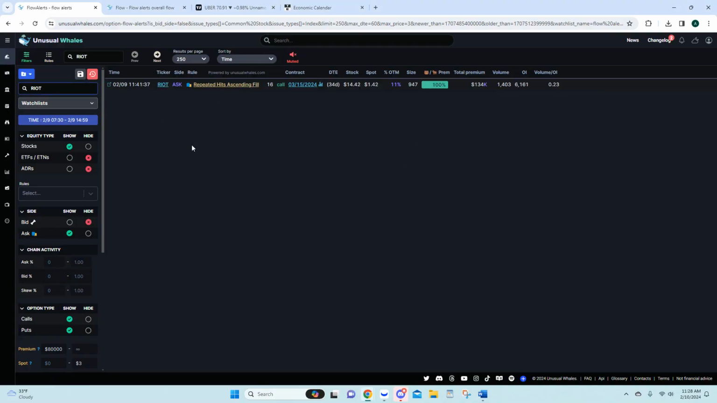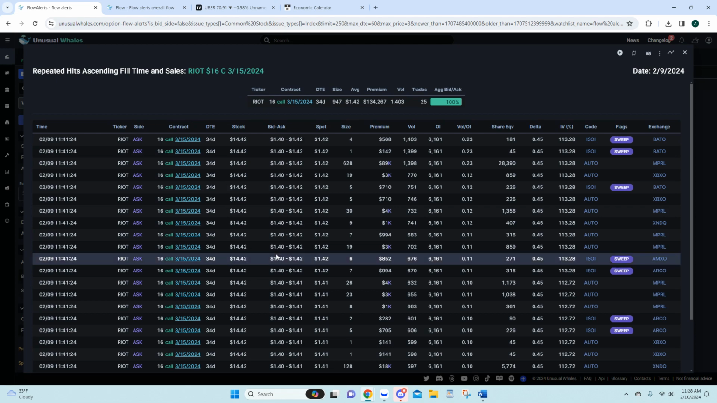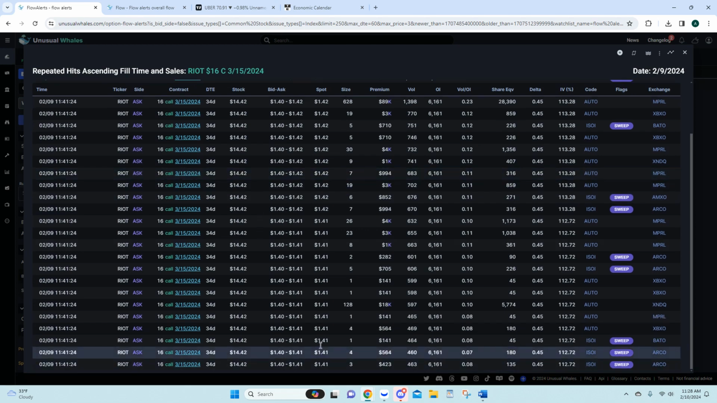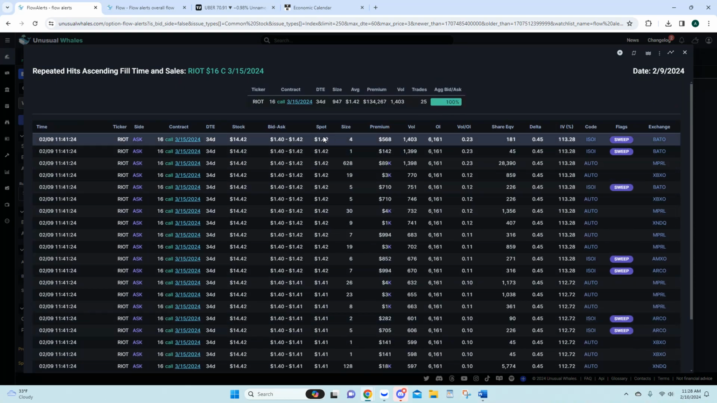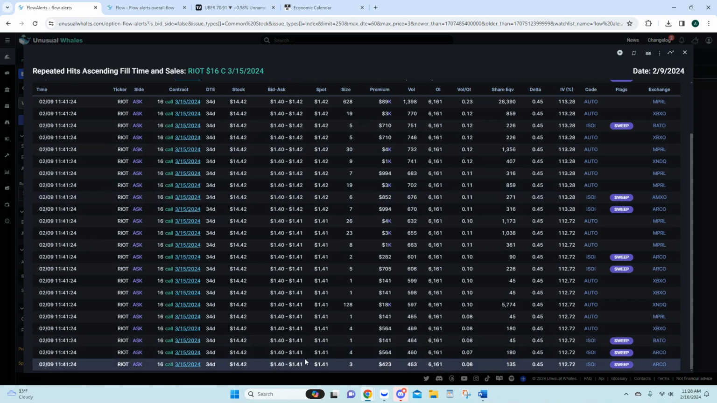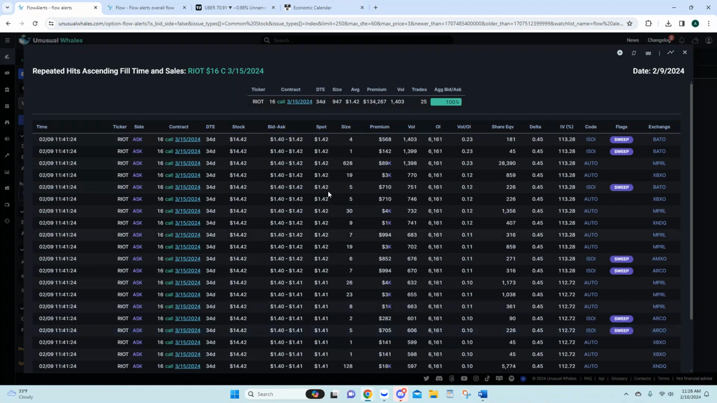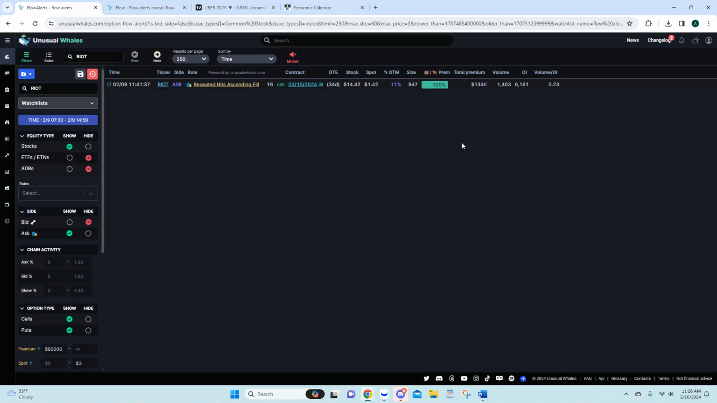So Riot. We have repeated hits, ascending fill, and that just means, I can show it right here. You can see as the fills were coming in, the fill's going up, it's not decreasing. Earlier ones were 141, obviously 142. So the whale could be taken as maybe a little more aggressive possibly. And these are on the 315.16 calls,